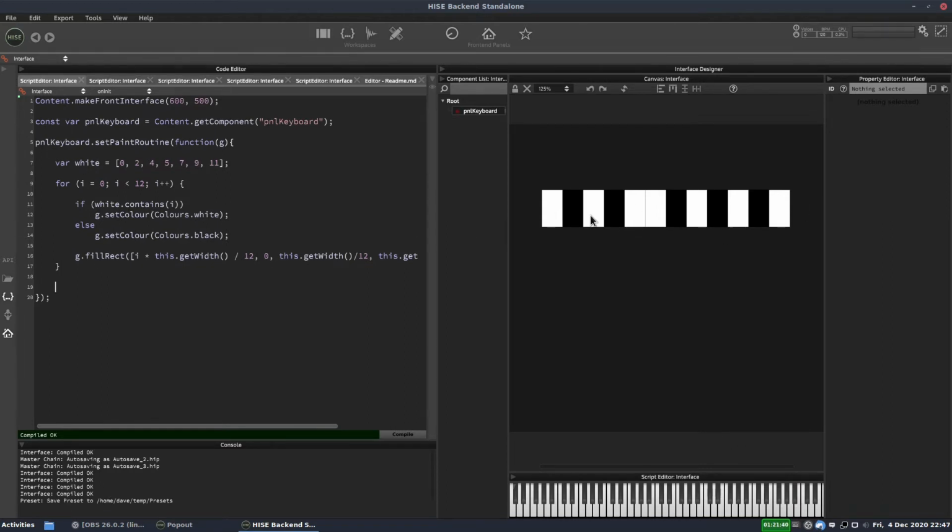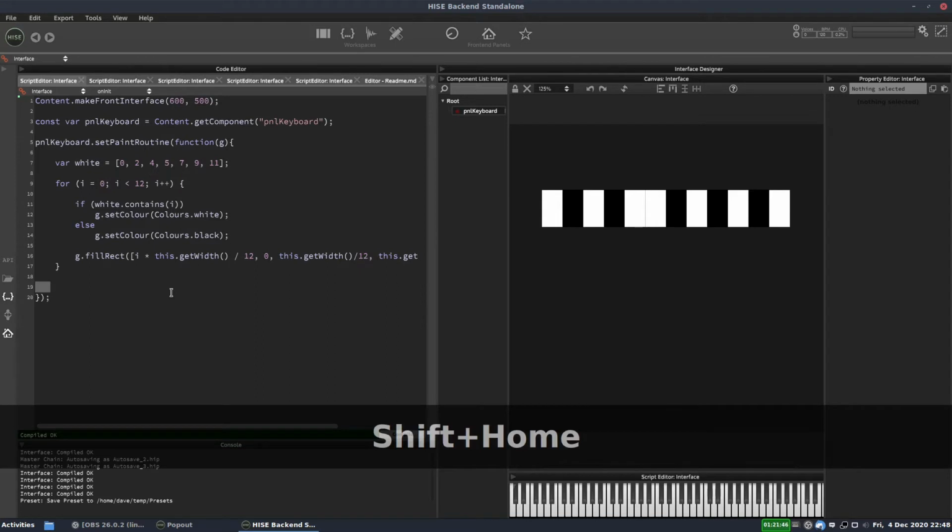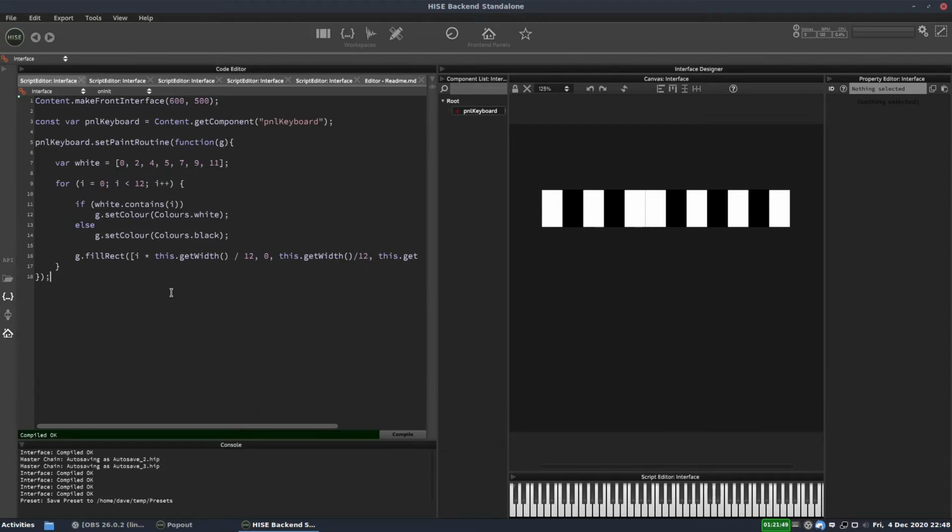Now, of course, it doesn't do anything yet. We have to make it so we can click these buttons and do things with them. So to do that, we're going to need a mouse callback. The mouse callback is similar to how we set up the paint routine. We're going to write pnl